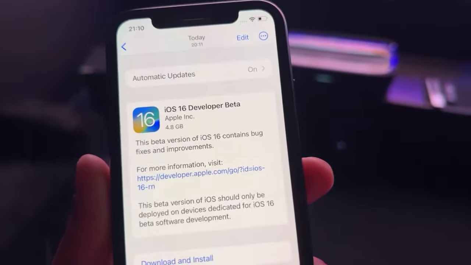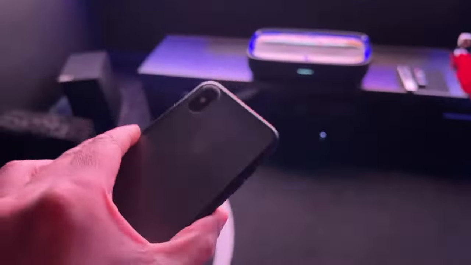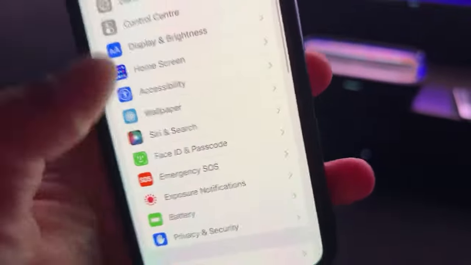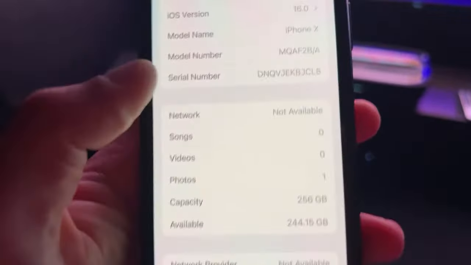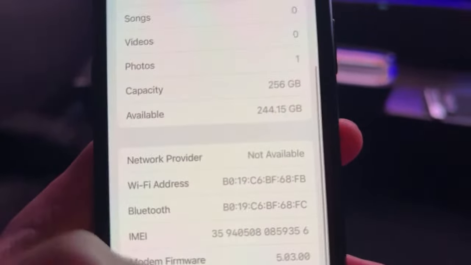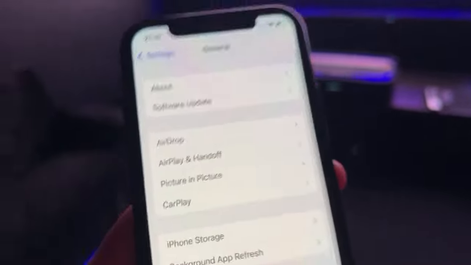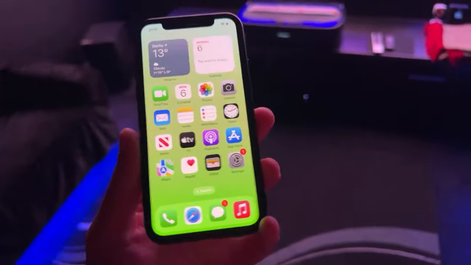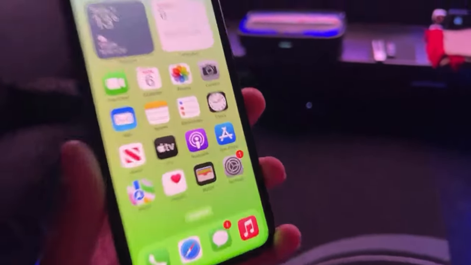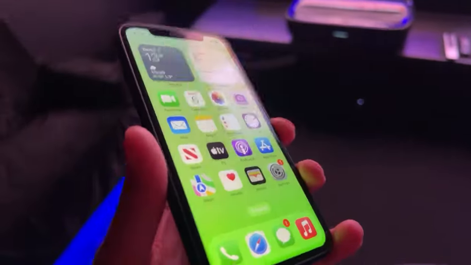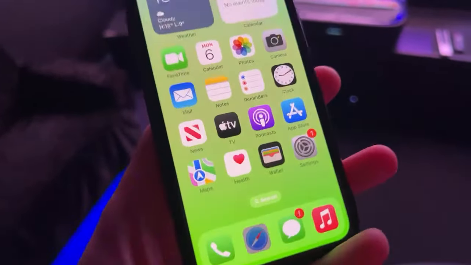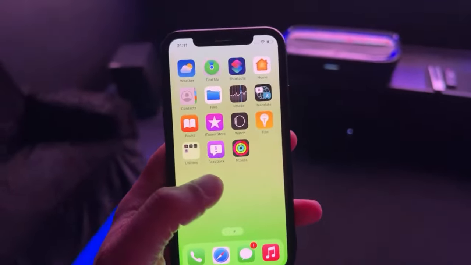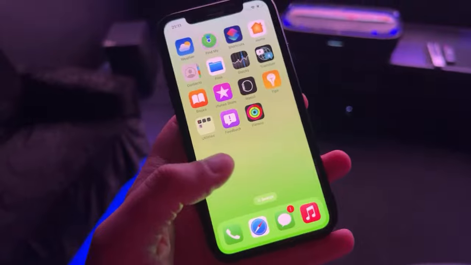So this is the file size. It was 4.8 gig. This is on an iPhone 10. I can't remember what memory size this was. I think this was 256. Yeah, 256 gig. So 4.5 gig out of the 256 gig iPhone 10. Obviously, for you guys out there, if you were installing it on anything that's actually got data on it, then that's going to make a bit of a difference. In terms of battery life, I wouldn't expect this to be the best. Most early betas generally are quite bad when it comes to